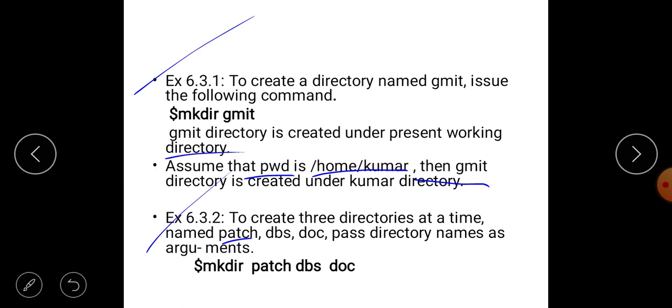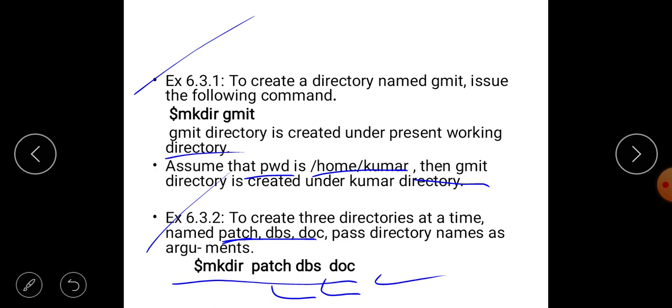Okay, to create these 3 directories at a time, the command is mkdir space patch space dbs space doc. Means 3 directories will be created. Okay, using one mkdir command you can create 3 or 4 directories at a time.